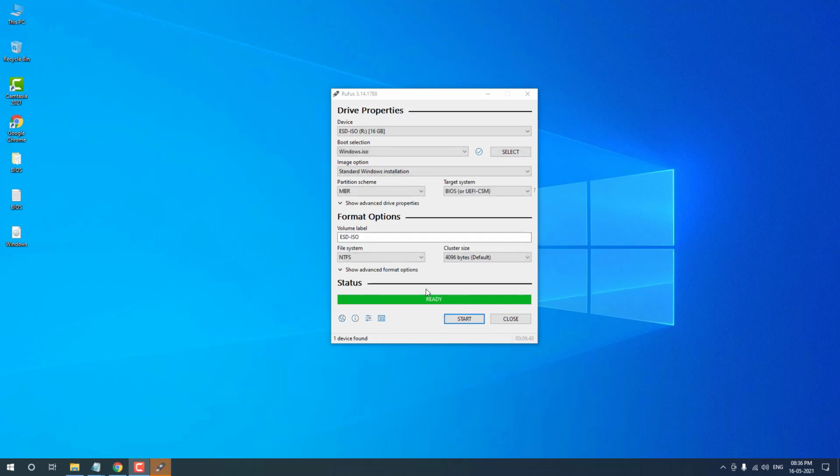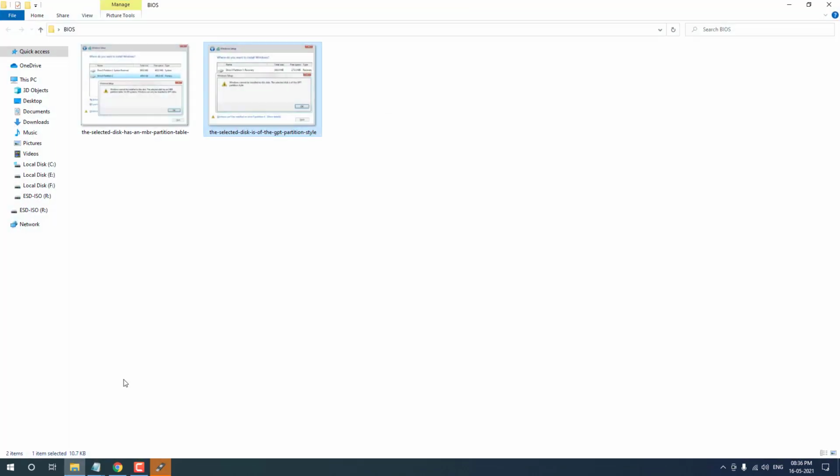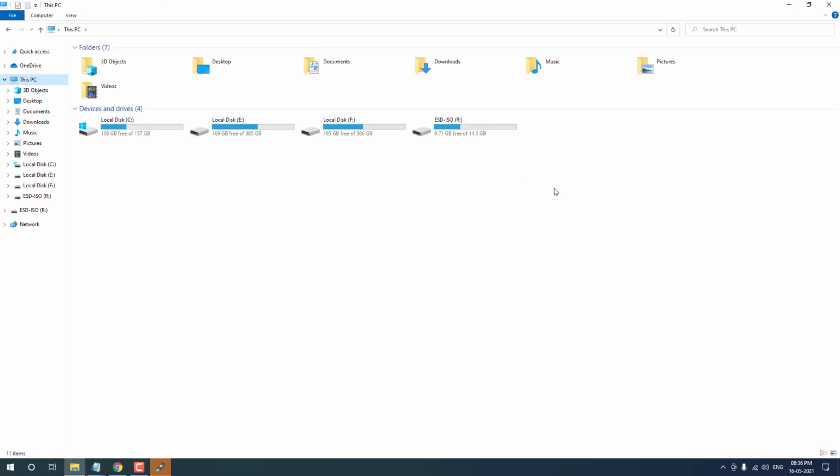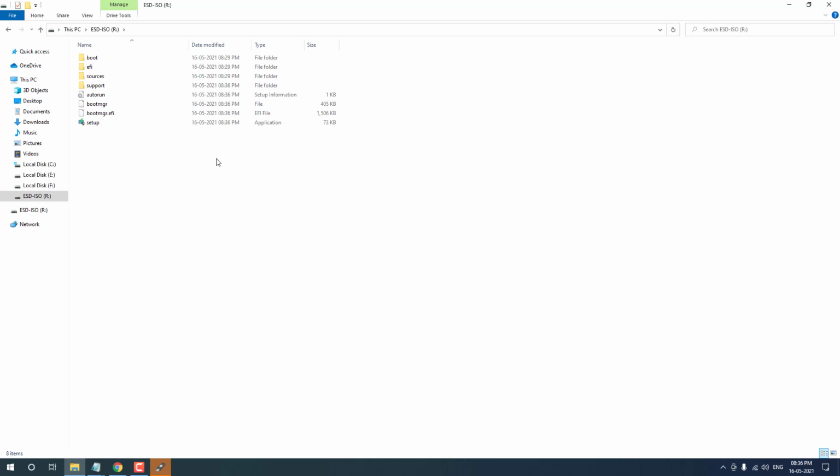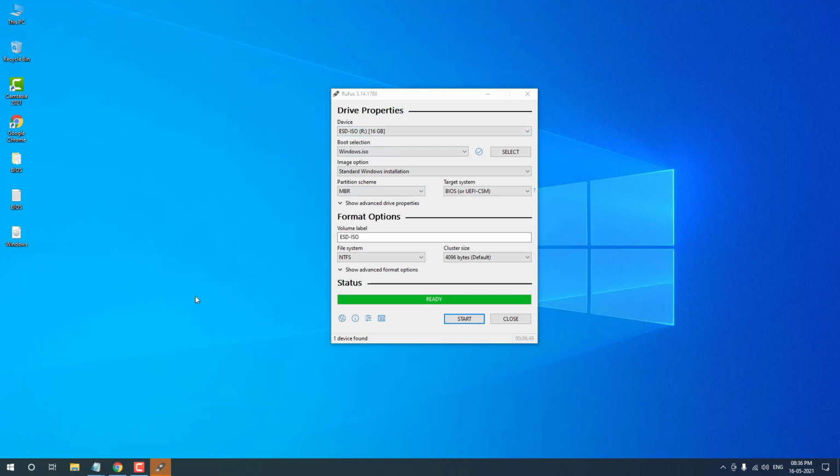Yeah, the status has changed to ready. It means you have successfully converted the ISO file into bootable. You can check the pen drive. You can see that the pen drive name is automatically changed and the pen drive has bootable Windows files. Using this method, you can install Windows without any errors.